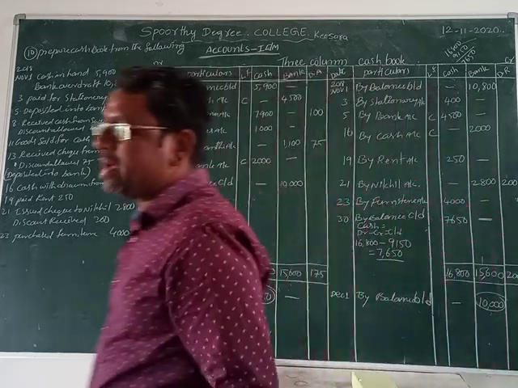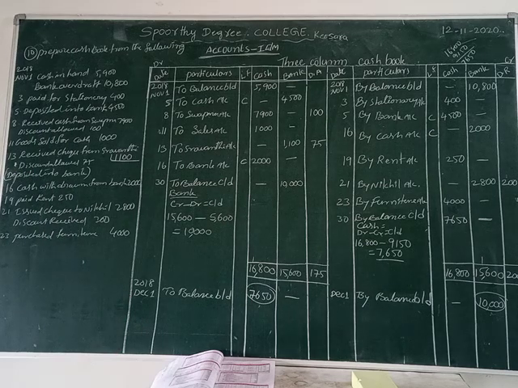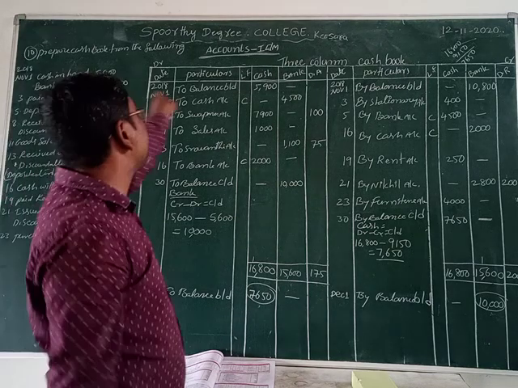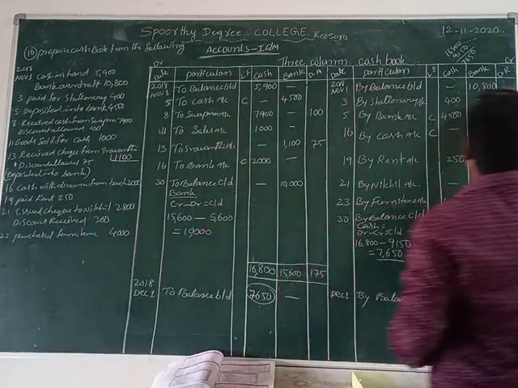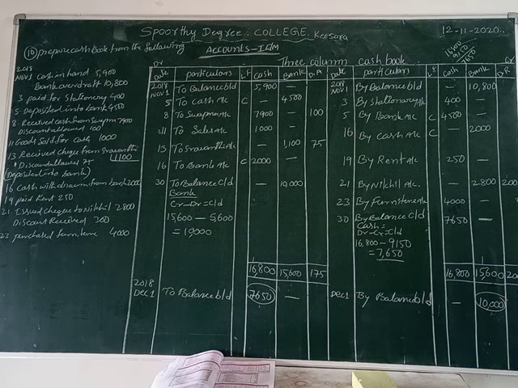This is the bank balance carried on, and the cash balance carried on comes on different sides. So why? Because the cash opening balance is on the debit side and the bank opening balance is on the credit side. That's why the bank has a credit opening balance. Credit opening balance means what? Overdraft given; that overdraft amount is the credit balance amount. That's why we record it on the credit side, friends.